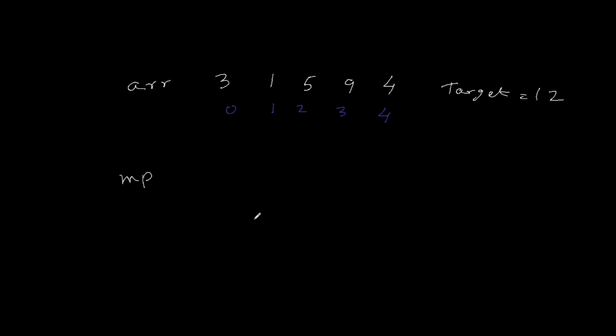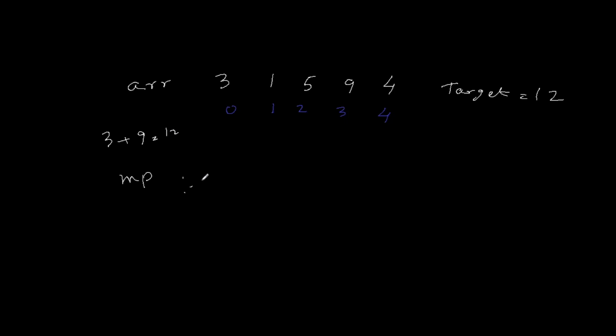Now we will see how we can optimize the time complexity from O(n squared) to O(n). To do that, we will need to trade space for time, and we will use a hash map to store the indices of the numbers. So first let us take the element 3. We see that to get the target 12, we need to add a number 9 to 3 so that their sum is equal to 12.